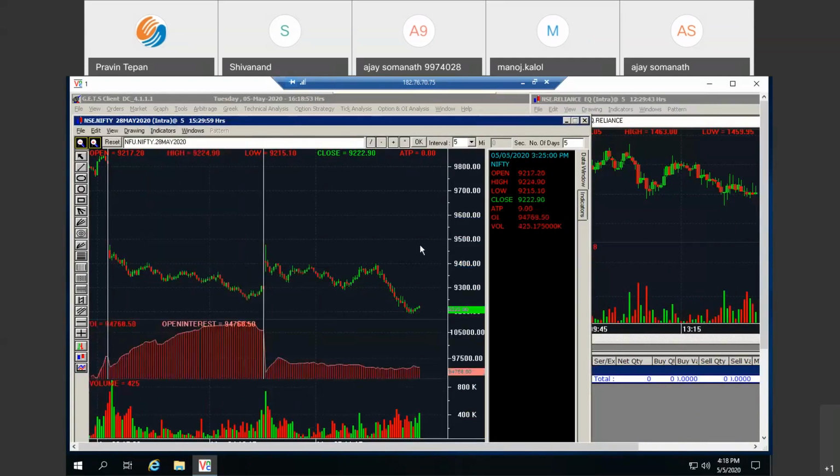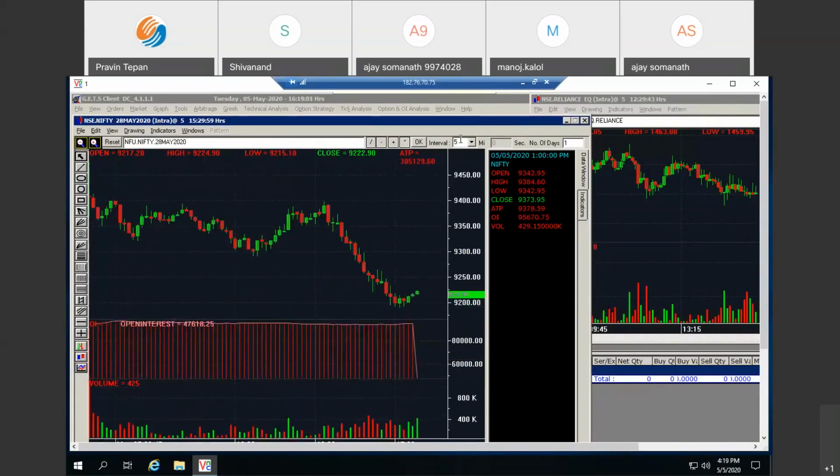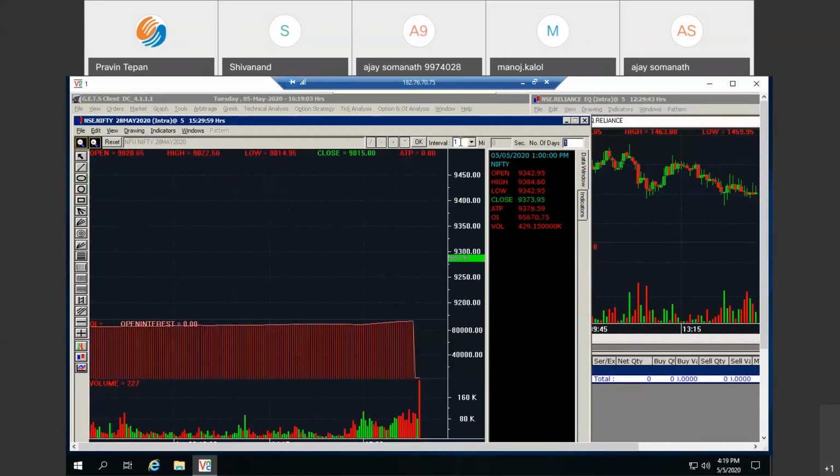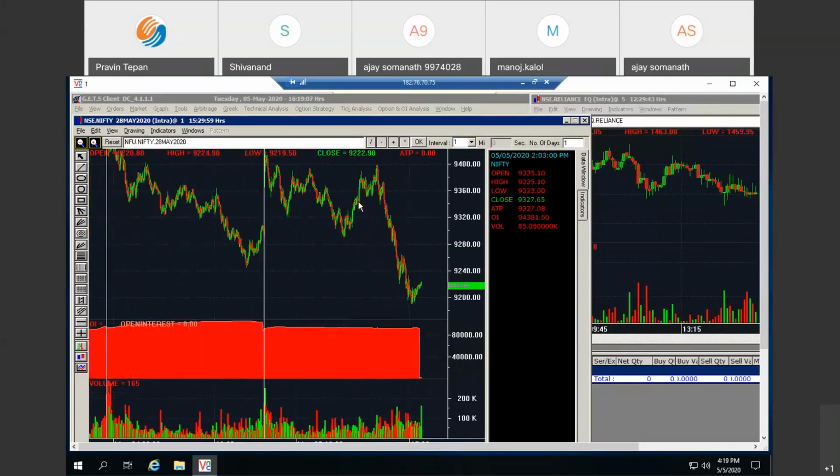So you will get the open interest chart also. For any time interval, let's say for today and for 1 minute, we'll see the 1 minute chart over here.